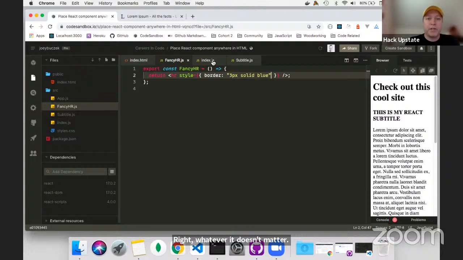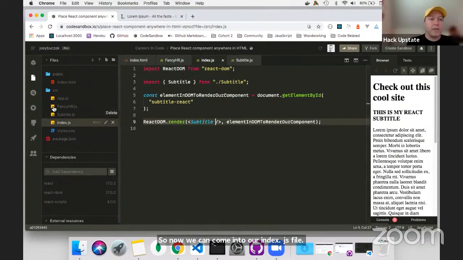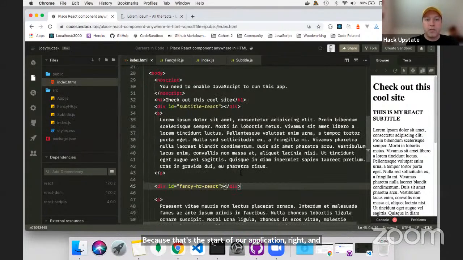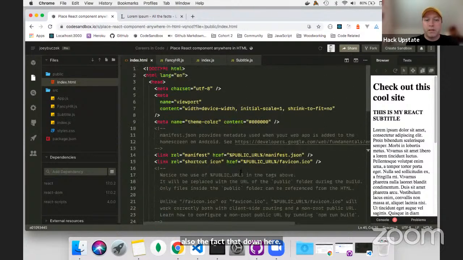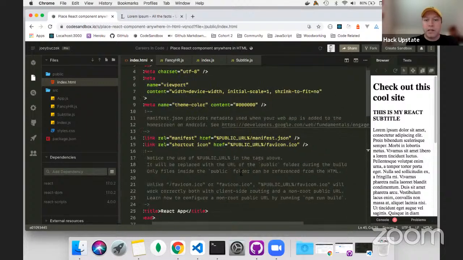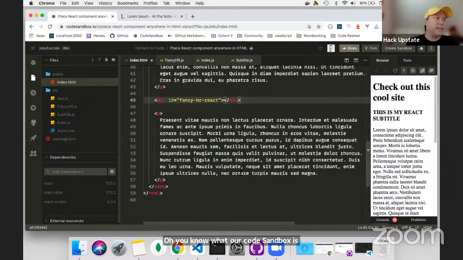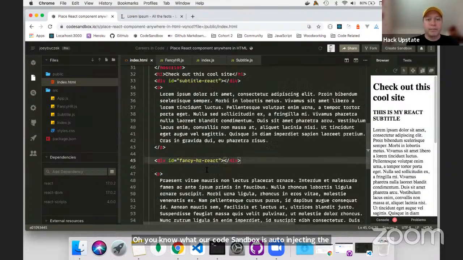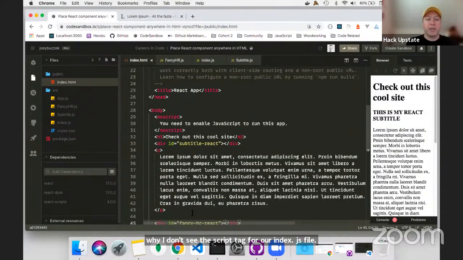So now we can come into our index.js file because that's the start of our application, right? And also the fact that down here, somewhere in here, there is a link to... oh, you know what? Code Sandbox is auto-injecting the script tag every time it renders. That's why I don't see the script tag for our index.js file. But you could literally come down here and just put a script tag,